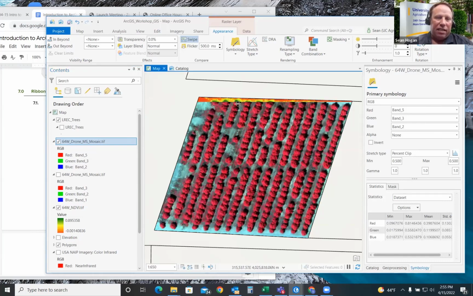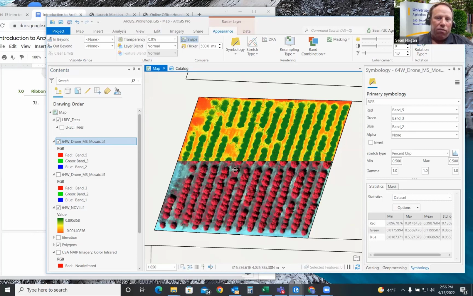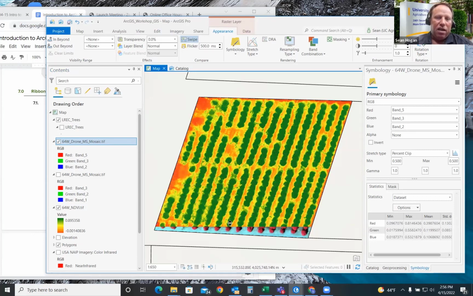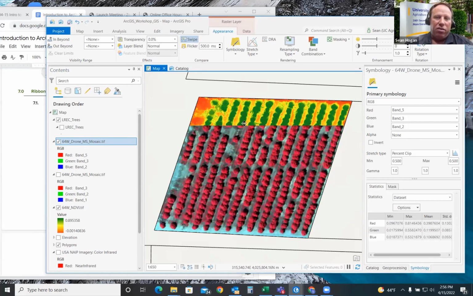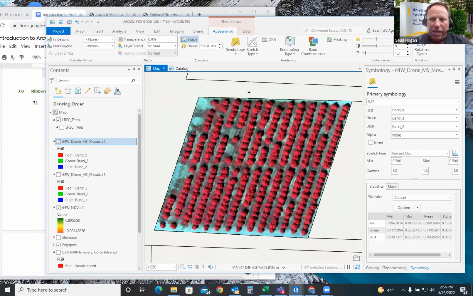Because the next layer below it is the NDVI, look at that now when we roll over the top of it. We can see a quantitative measure of the plant vigor for those different plants. We won't cover it here. There's just not enough time, but in the directions there, you can see how to do zonal statistics on the plants by creating buffers around the tree points.